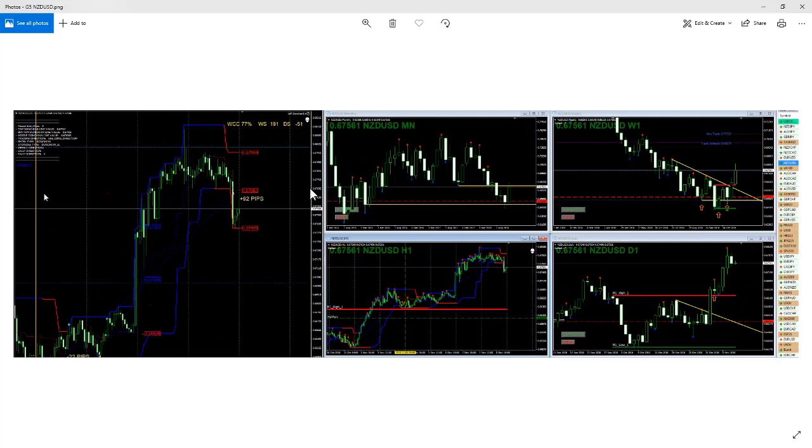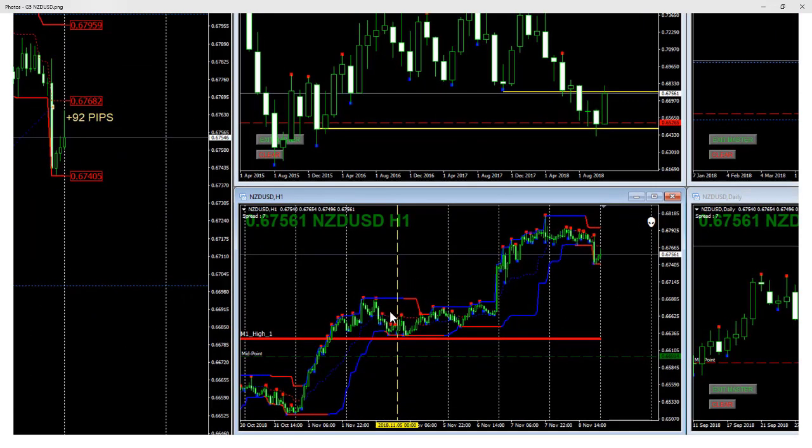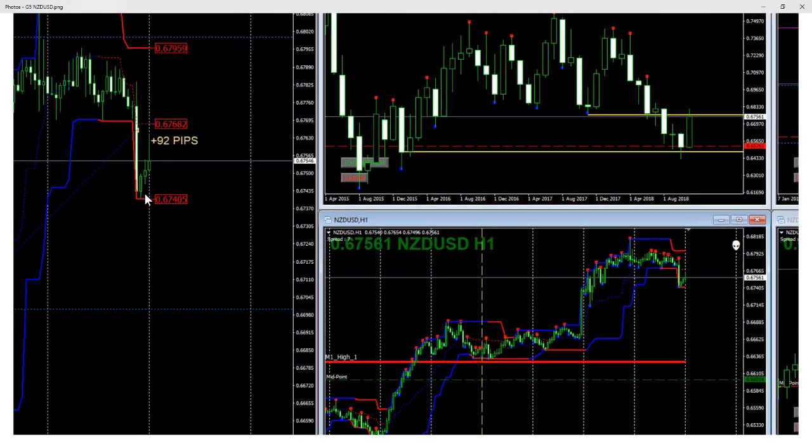So here we are again. Weekly is up. Here in the 1 hour we got the daily retracement, so the midline here could help us. This is my entry, this is my stop loss, and then once a day I move it. Yesterday, like I said, I tied up everything. I did not wait for that one